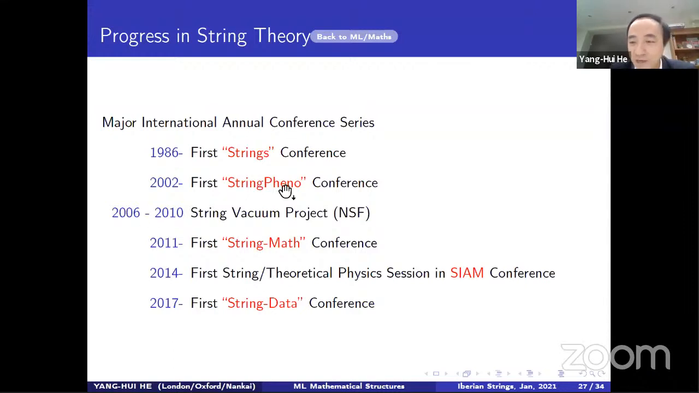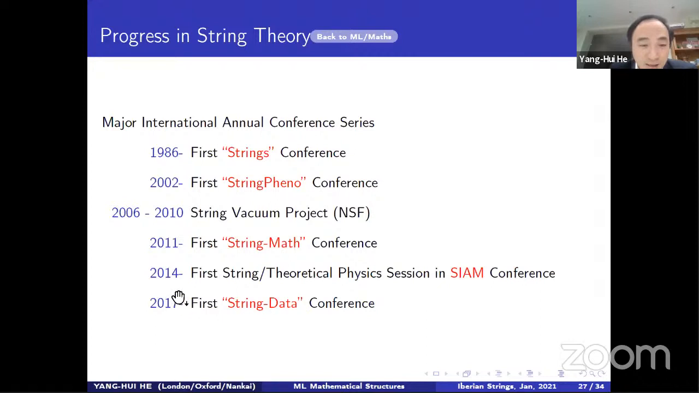2002 was the first string pheno, string phenomenology. String math didn't come about until 2011, right? And there was a precursor of the 2006 of the string vacuum. This is an NSF project I was involved with, and Keith Dennis was heading. And then in 2014,